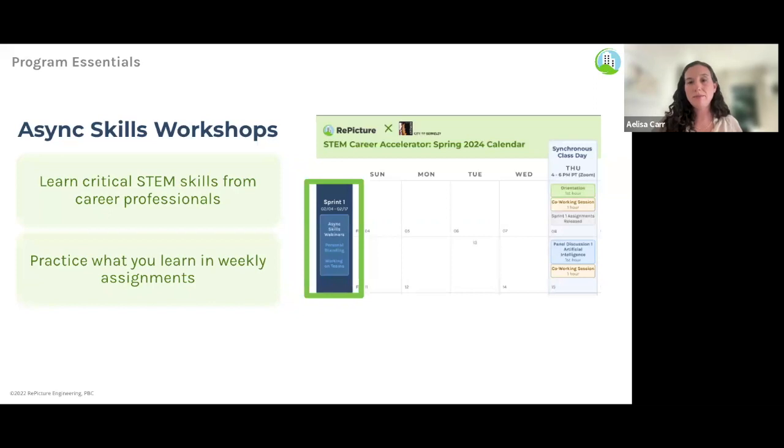Some of these are led by us, and then some we've had professionals come in and talk or be interviewed about the topic, and they're all super valuable and just packed with lots of great information. So highly recommend listening to those. You can see the topics for each of the sprints on the left side of the calendar in this blue section. And of course, those are on demand, so you can watch or listen to them anytime